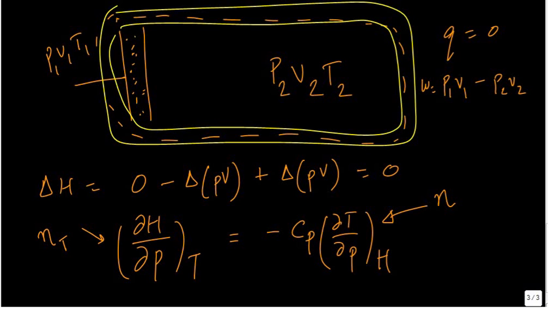Isothermal, right? The temperature is held constant. So this one is called the isothermal Joule-Thomson coefficient, and that's just the Joule-Thomson coefficient. But anyway, apart from semantics, what I see over here is that if I change the pressure, the temperature would change. Again, for an ideal gas,